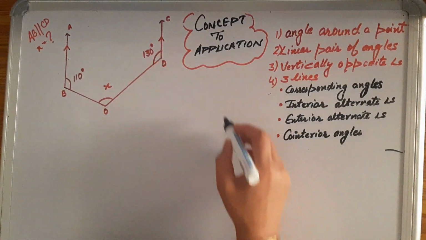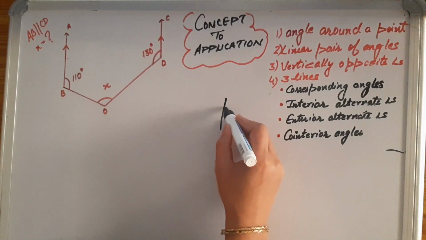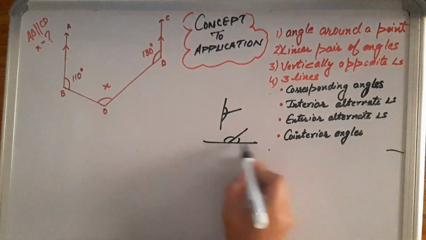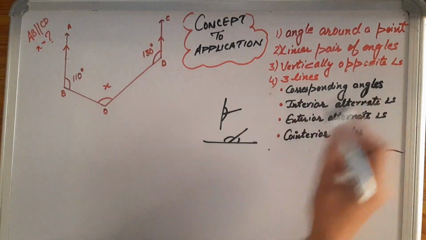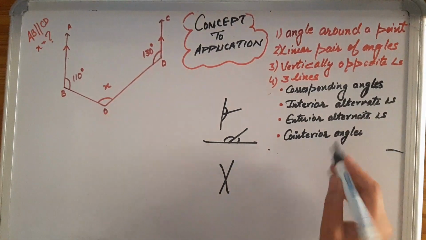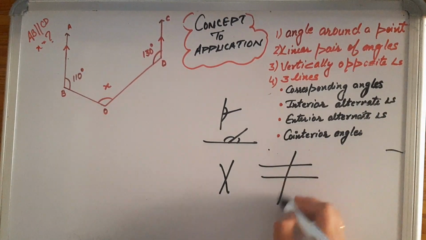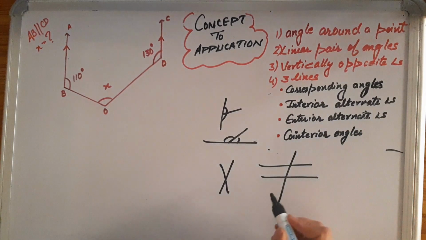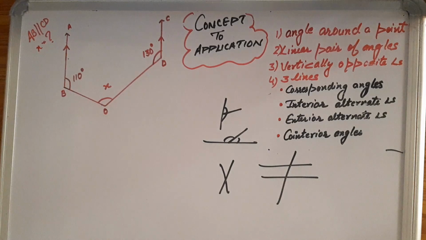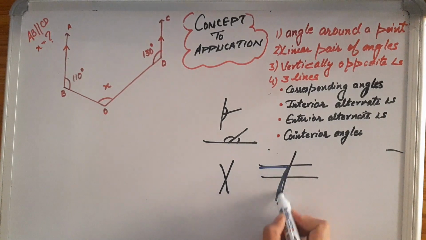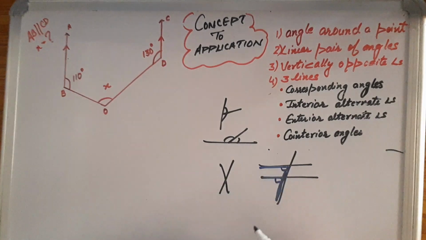Linear pair of angles, it's this. These two are a linear pair, these two are a linear pair. A straight angle intersected by this. Then vertically opposite angles, lines must be like this. Then your corresponding angles: this is the basic figure for all of them, but for corresponding angles we have an F. It can be any sort of F. So in this figure here is one F, an inverted F. So these two are called corresponding angles.